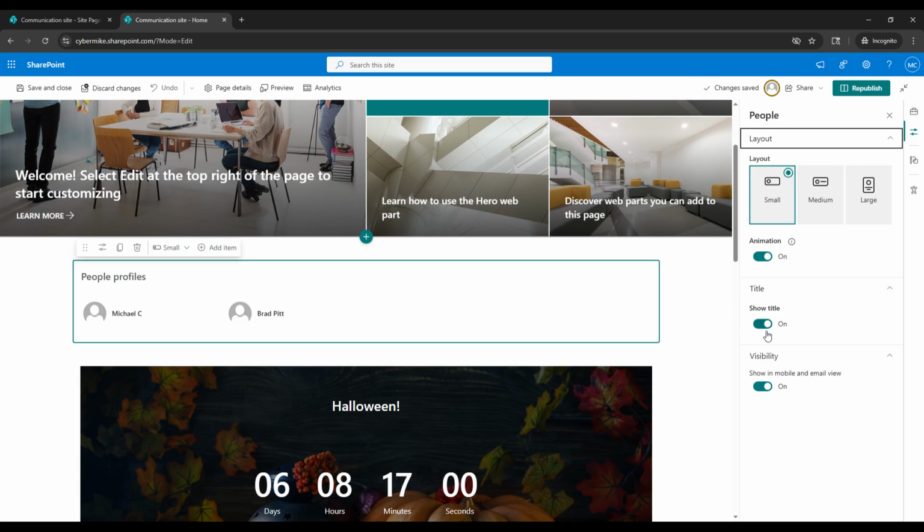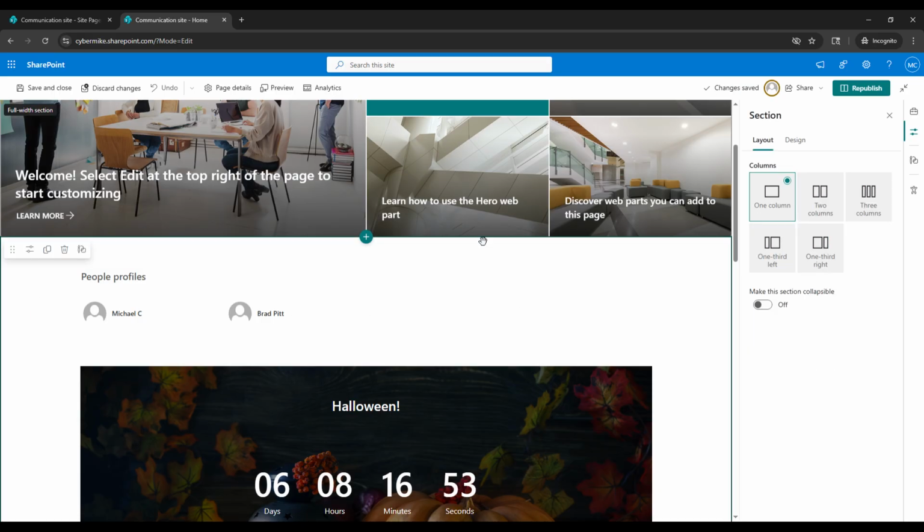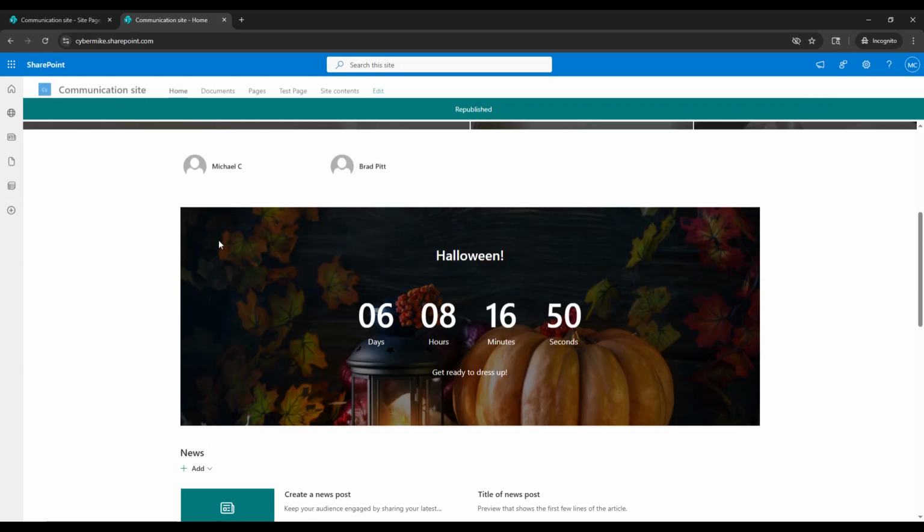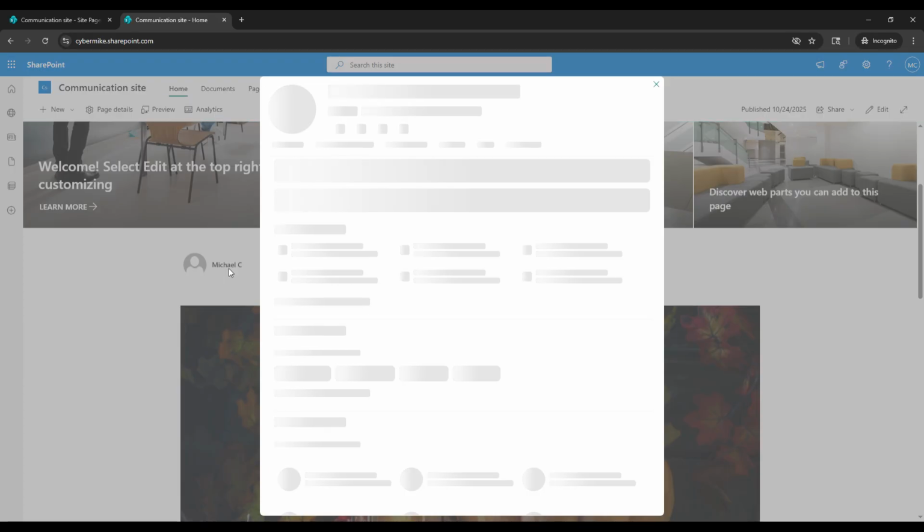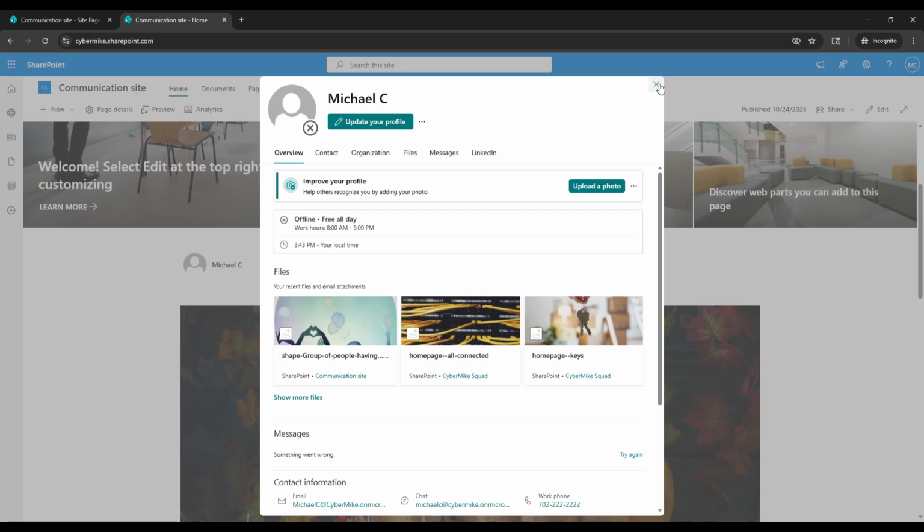So we can either choose to add the title or not add the title. We can change the title here just by clicking. And I think everything looks good, though. So let's go ahead and click on it, and then I'll show you guys what it looks like from the user's perspective. So once they see the contact option there, we can go ahead and click on it,